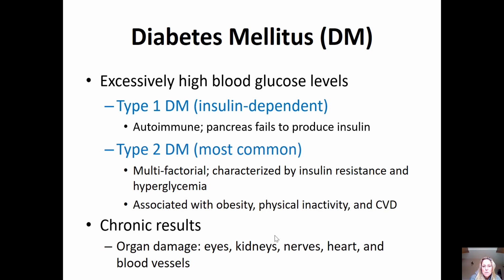So people with type 2 diabetes tend to be overweight, they tend to be inactive, and they have a higher risk of cardiovascular disease. What are some chronic results of diabetes? Well, over time, organ damage can definitely occur. So we see retinopathy, they have damage to eyes, so blindness can even occur. We see nephropathy, damage to the kidneys. Neuropathy, they have damage to the nerves, and they have a hard time, say,